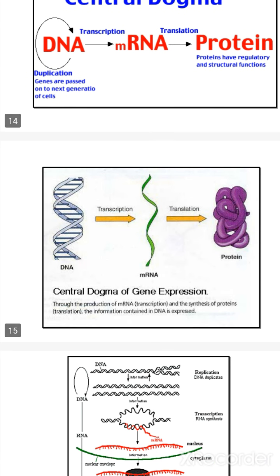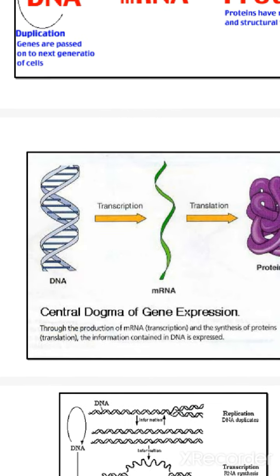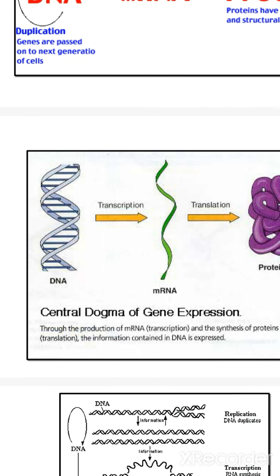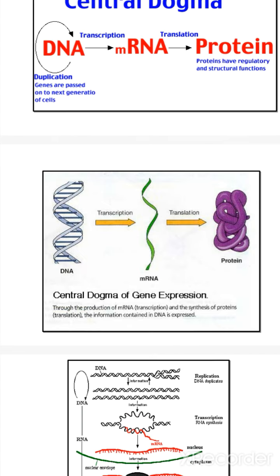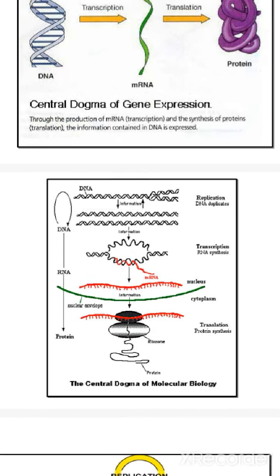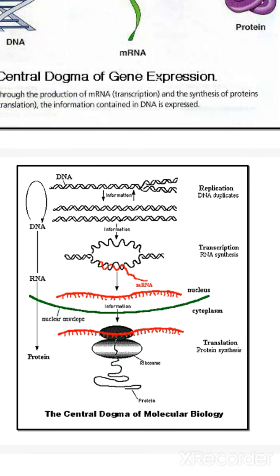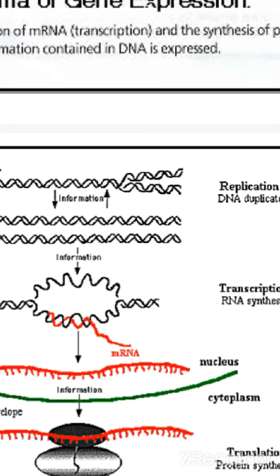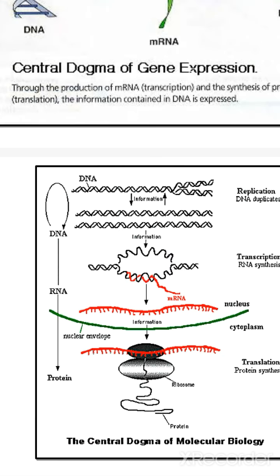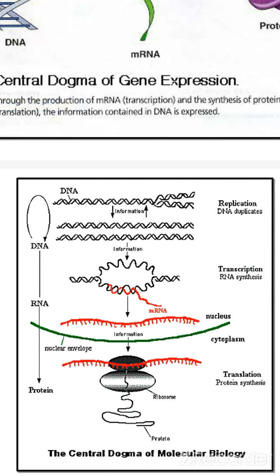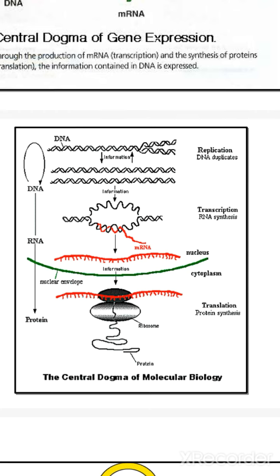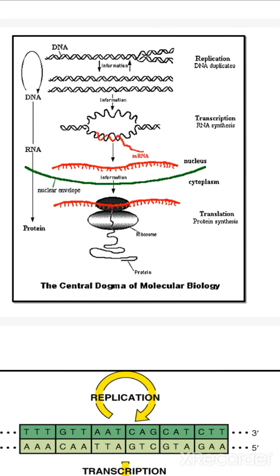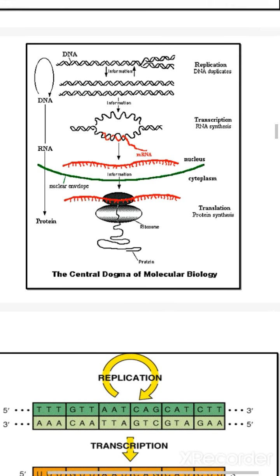This is the same thing. Here also it is shown how the double helical structure transcribes to form a single helical structure, that is RNA, and later it is converted into protein. The same thing is shown in another diagram. DNA to DNA is replication or duplication. The next one, DNA to RNA, forms a single stranded structure, that is transcription, and later with the help of ribosomes and this mRNA it forms the protein, that is translation.